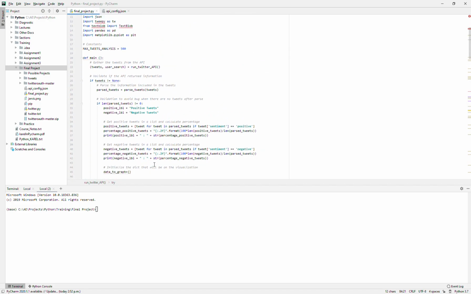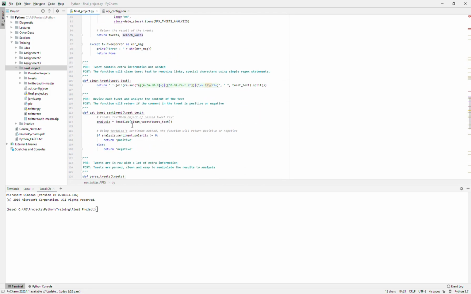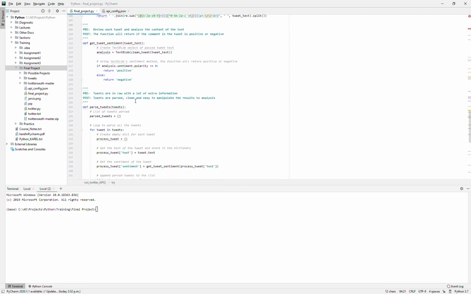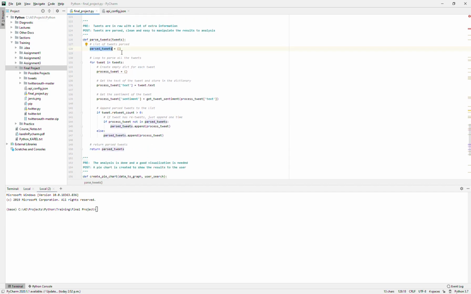So later on, I parse the tweets. Basically, it puts my tweets in a dictionary that I can use later on. But let me show it real quick. Parse. Here it is. I created the list that I told you, and then I run it for all the tweets. Get one tweet, and then the process is the dictionary. This is the list, this is the dictionary. So I start creating my dictionary, the text of the tweet, and then I get the sentiment. For the sentiment, I am using